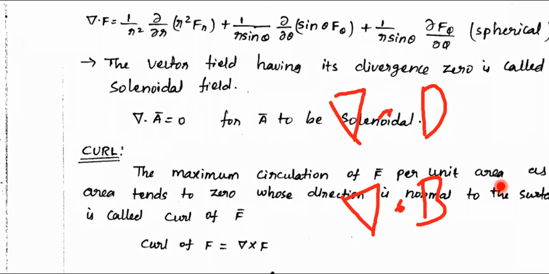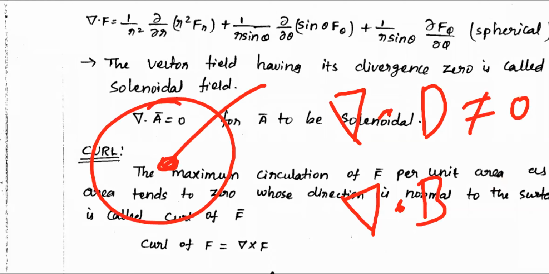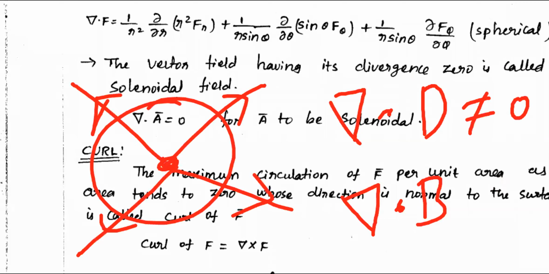And definitely this is not zero, because we have seen once if we have some charge, definitely something is going outside effectively. Once if you have a point charge, definitely something is going outside. So del dot D generally cannot be equal to 0. It will have some value, not 0.